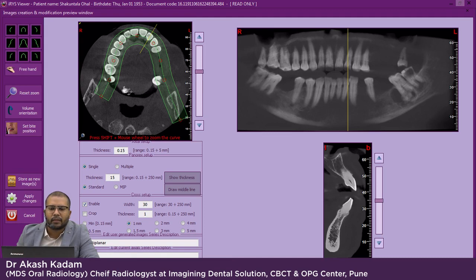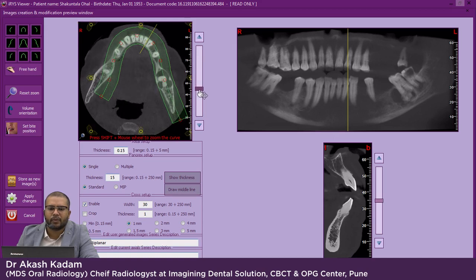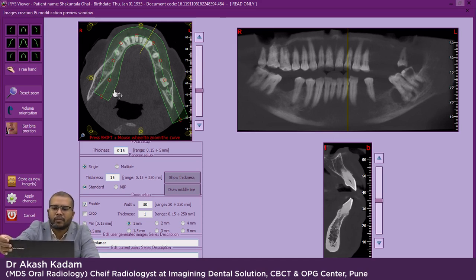So for nerve marking, when we go to modify, we will have all these thicknesses and all. So we will set the slice thickness. See these two green lines which we are seeing, this green area is the focal trough, and the area of the focal trough is clearly seen on this OPG, and these are the cross sections. So first for the nerve, we will keep the thickness very less. We will go to the mandible side, and this is now computer marked, but now we will mark it ourselves. So we will keep the thickness 1 mm. So this is important.